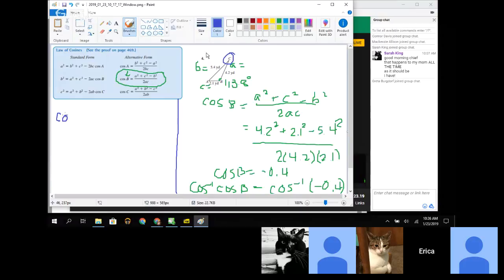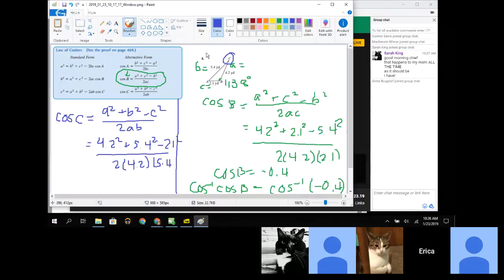So it's the cosine of angle C equals A squared plus B squared minus C squared over 2AB. Then it just becomes a plug-in problem, right? A squared is 4.2 squared plus B squared, which is 5.4 squared, minus 2.1 squared over 2 times 4.2 times 5.4. So again, you're going to solve this